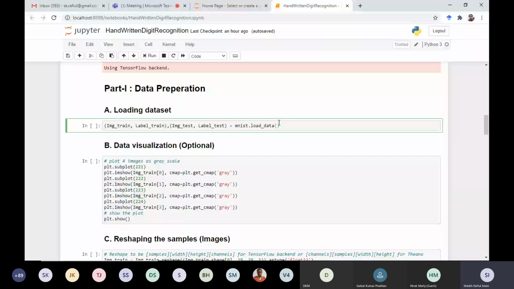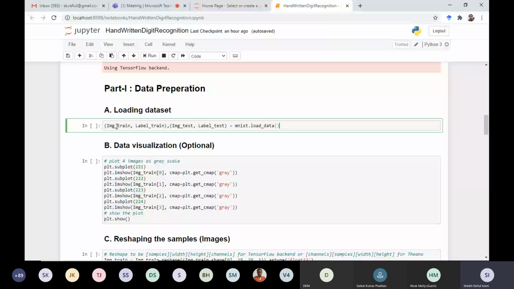If you see, there are 4 assigned variables. This is image train. If you consider an image, it will have a picture of a digit, either 0, 1, 2, 9. And the other portion is the label. If the image is actually of 2, then the label of the image will be 2.